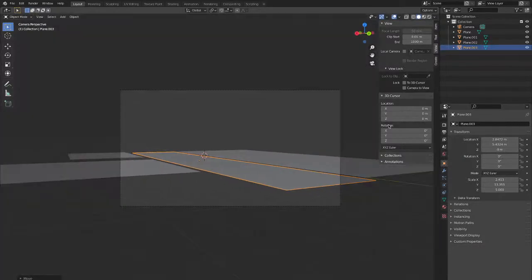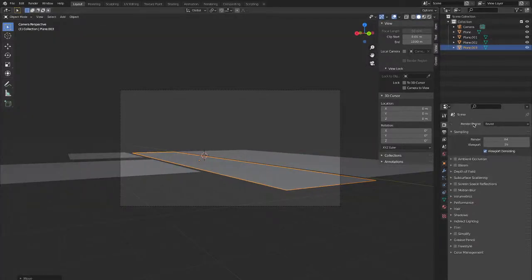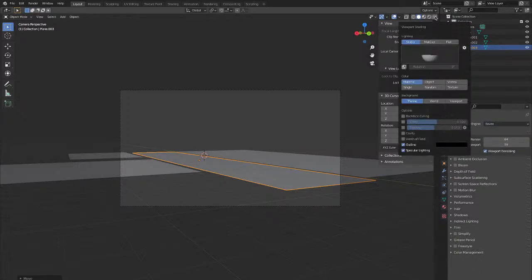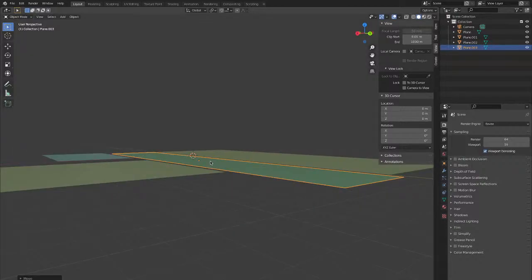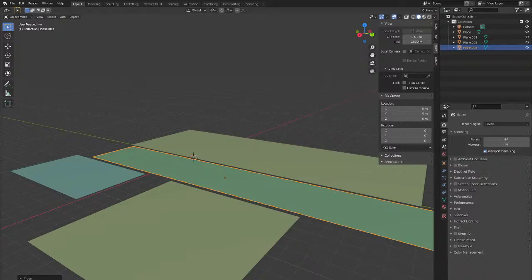To make this easier to see, we're in the Eevee rendering engine. If we go over here and you click random, then you can actually distinguish objects better. So especially if you're doing it like this, and there's people who